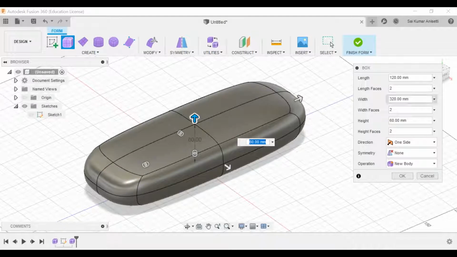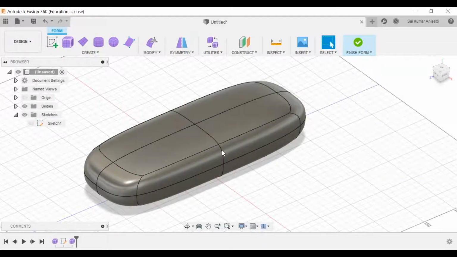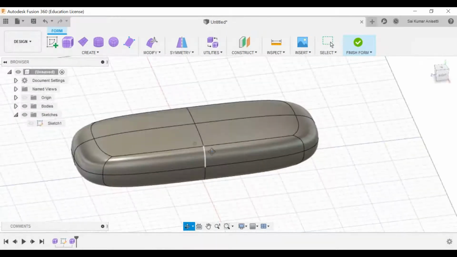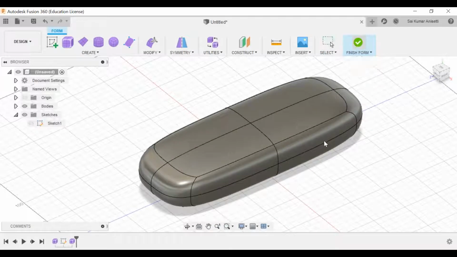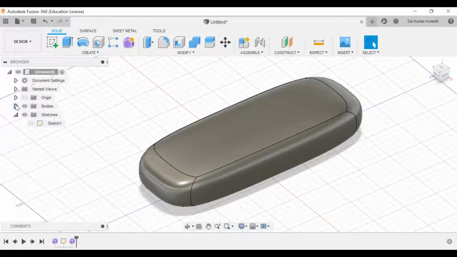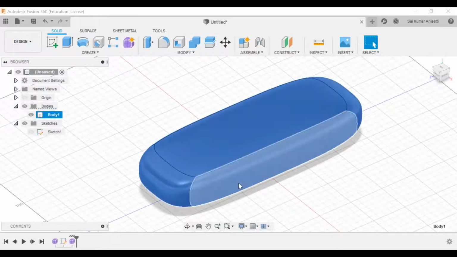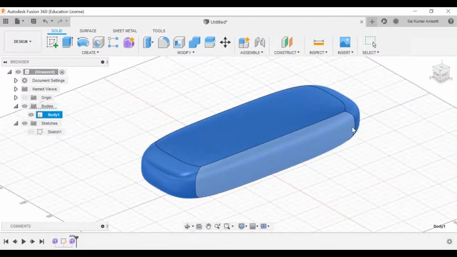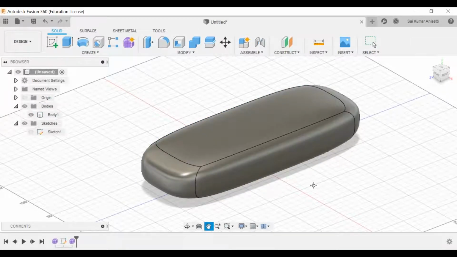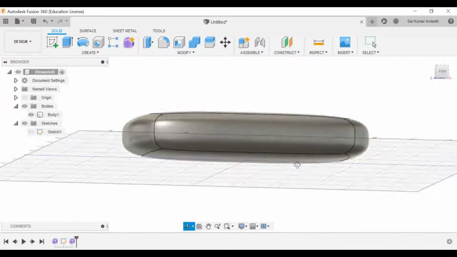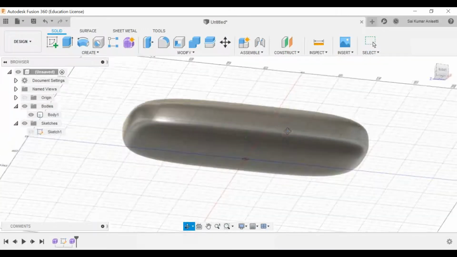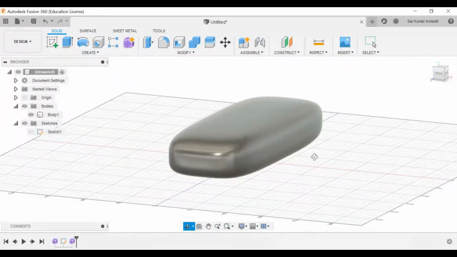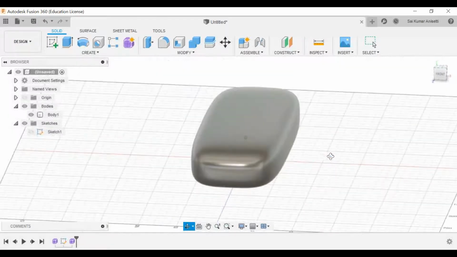Now as soon as you just press OK, this is your simple box. Okay, and once you finish this particular box, click finish form. As soon as you click finish form, if you open this body, now this is a solid body. Got it? Let me click somewhere. This is a simple solid body. Now this is an entirely solid one. If you change the display visual style to shaded, it is as simple as that. Let me suppose this is a specs box or a simple soap or whatever it might be.